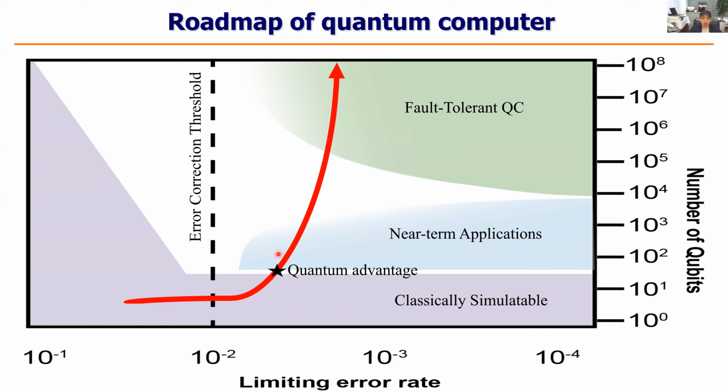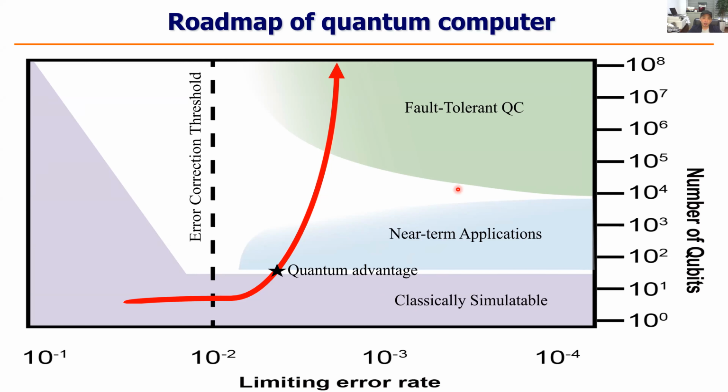If we can go to quantum advantage, we have some chance to go to real near-term applications, because we know the quantum advantage problem is always the most friendly problem to the quantum computer. It's somehow difficult for the classical computer, but it must be very, very friendly to the quantum computer, because this is the way to achieve the quantum advantage. Currently, even though we have realized quantum advantage, that problem, the sampling problem, we don't think is really useful for real application problems. So we are still making an effort to go to near-term applications.